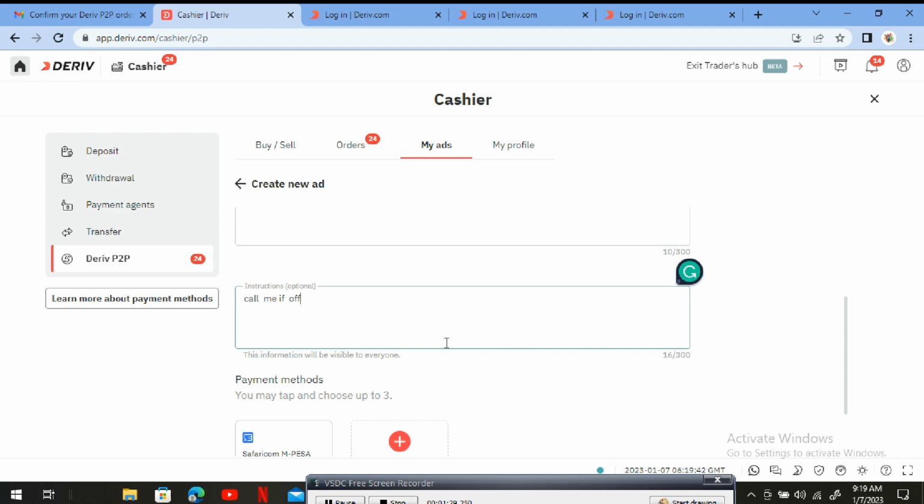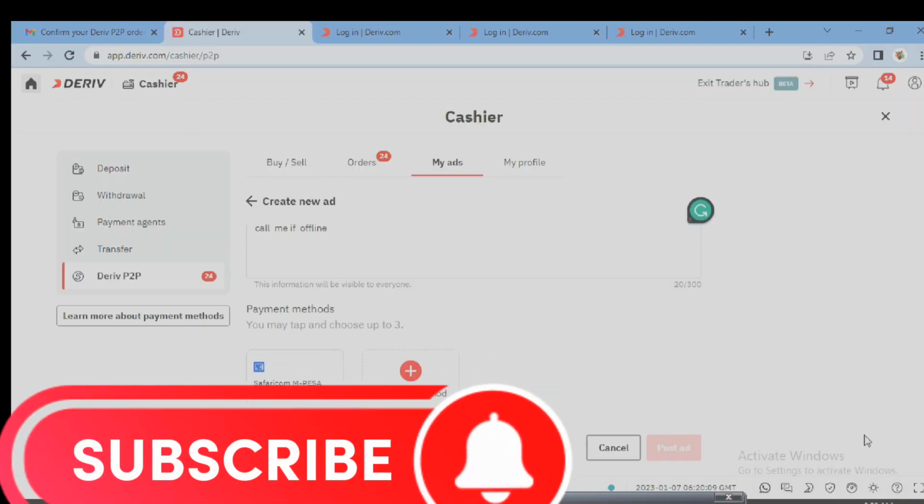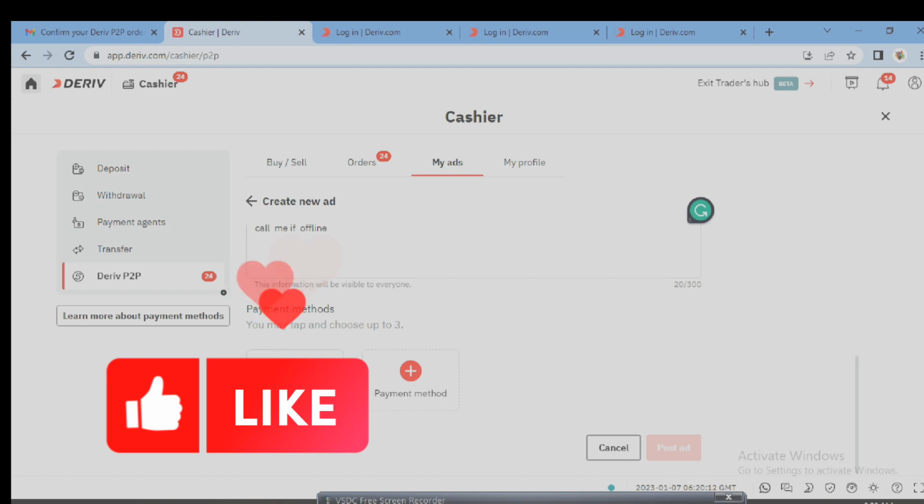So one thing you need to note is you need to key in your payment method. So payment method is how you personally wish to get paid. So for me, I prefer M-Pesa, so I selected M-Pesa. So once you're done, you can see before you select the M-Pesa button, the post ad button is not active. So you need to click on the M-Pesa button to activate the post ad. So once you're done, click on post ad